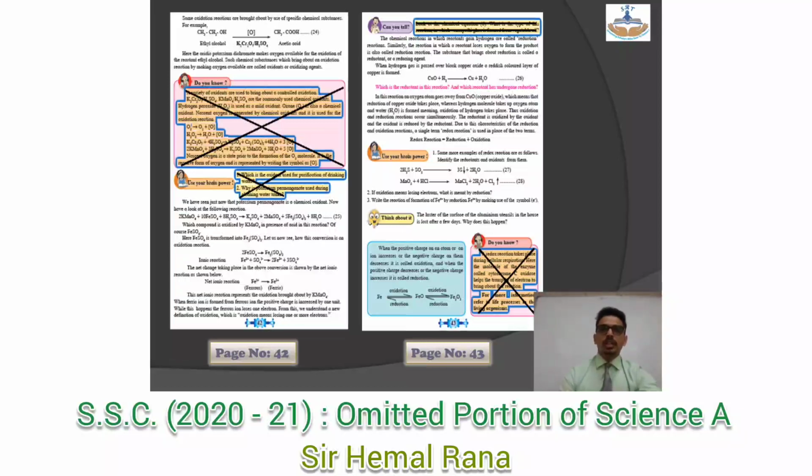On page 43, we do not have can you tell, and even this particular part, do you know, has been omitted. Students, please remember, on a few pages you will be having multiple use your brain power and can you tell. See to it that everything is not omitted. Please be alert while you are marking this.